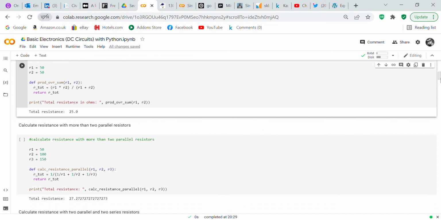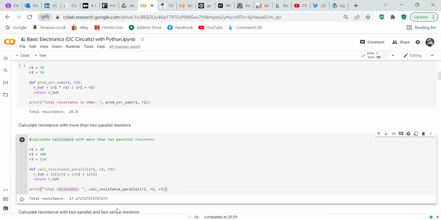And you say calculate resistance with more than 2 parallel resistors. So we've got 3 resistors, R1, R2, R3, and it's def calc resist parallel, which takes as its input R1, R2, R3. R tot equals 1 over R1 plus 1 over R2 plus 1 over R3, and then you return R tot. You print total resistance in ohms as calc resistance parallel, taking R1, R2, R3 as the input, and it gives you